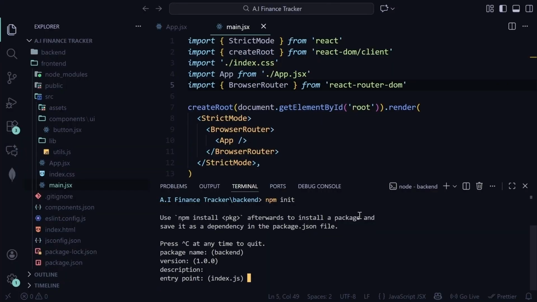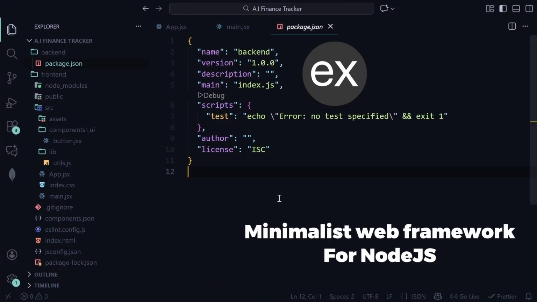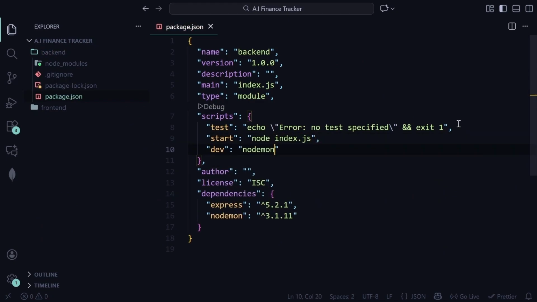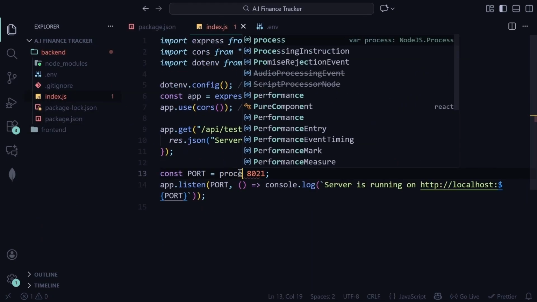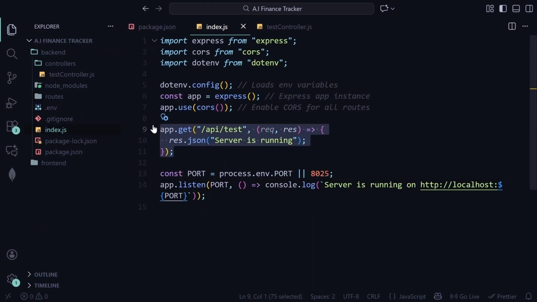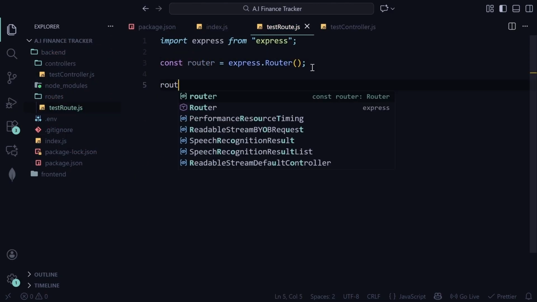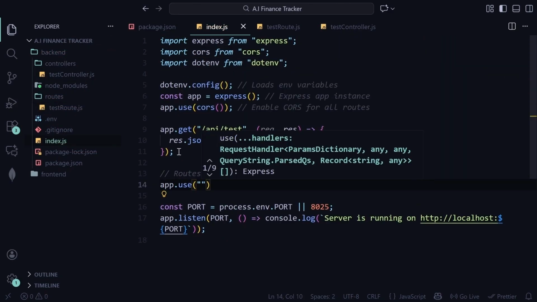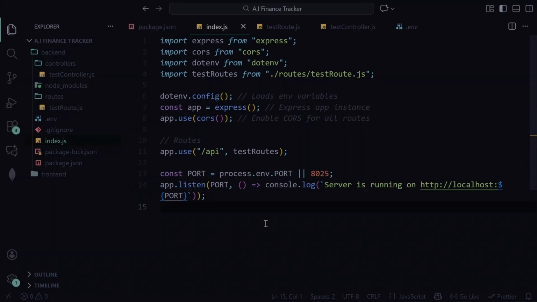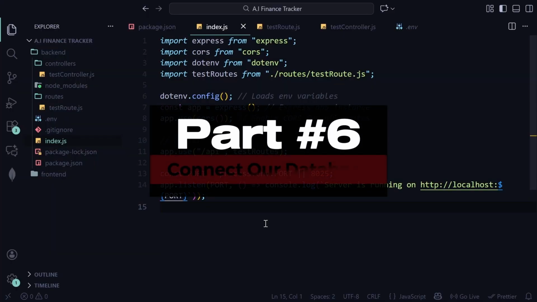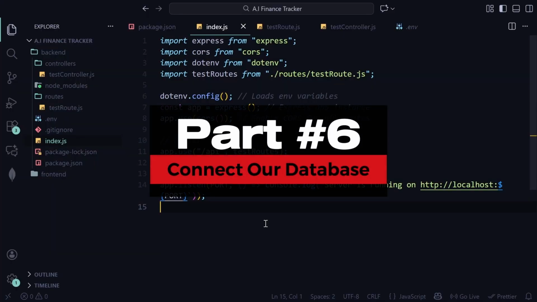Previously, we had a look at what is Node.js and ExpressJS and how to create an API server and configure CORS and env variables to our application. And lastly, modularize the entire backend API into an MVC architecture framework. In this video, we'll create a database inside a cluster on MongoDB Atlas Cloud and then configure it to our